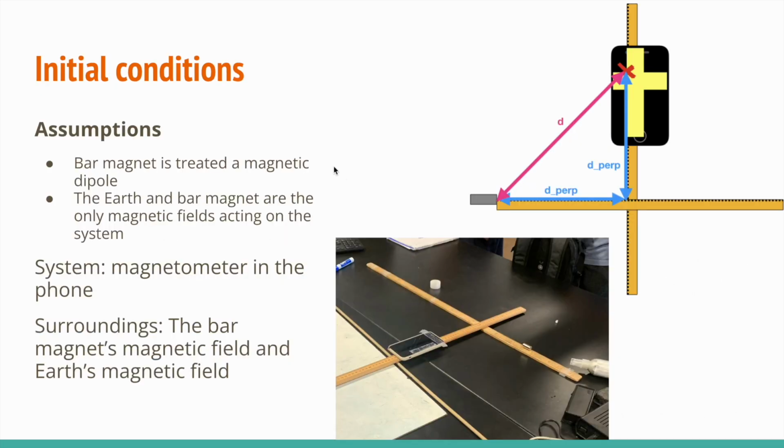Some of the assumptions I made for this lab are that the bar magnet is treated as a magnetic dipole, and the Earth and bar magnet are the only magnetic fields acting on the system. The system was the magnetometer in the phone, and the surroundings were the bar magnet's magnetic field and the Earth's magnetic field. And in this diagram over here, we can see where the bar magnet is in comparison to the